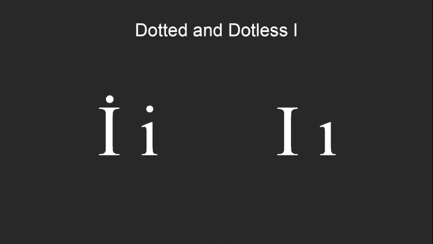The dotted I has a dot in both the uppercase and lowercase, while the dotless I does not have a dot in either case. Dotted I represents the sound E. Dotless I represents a sound that we don't have in English, a high back unrounded vowel. It's made by placing your tongue as if you're saying oo, but with your lips unrounded as if saying e. The result should be something like